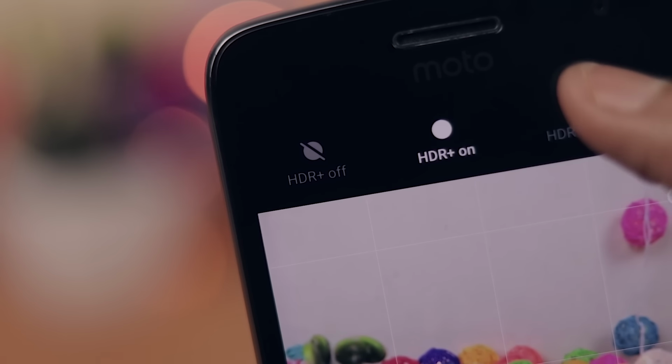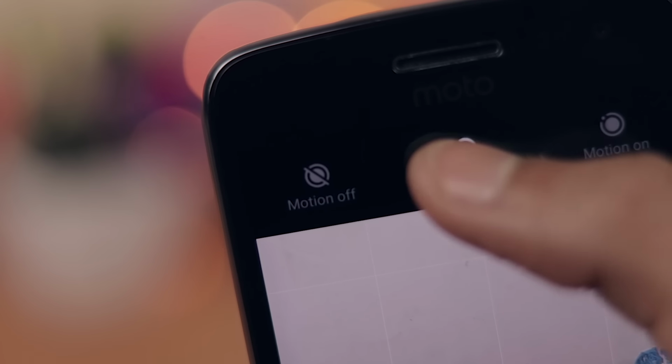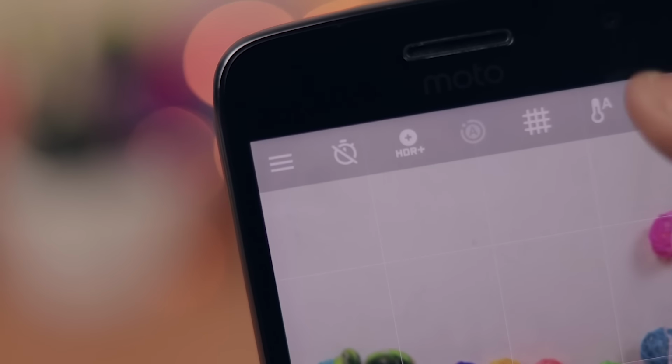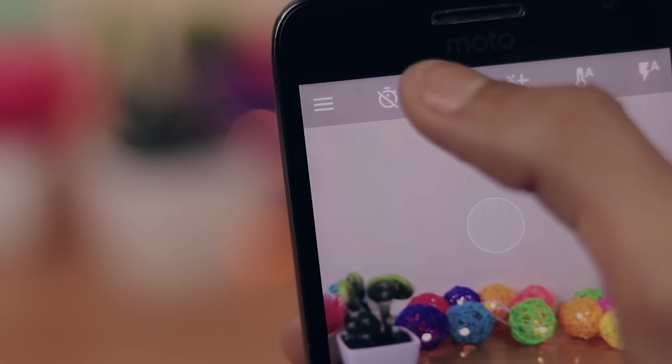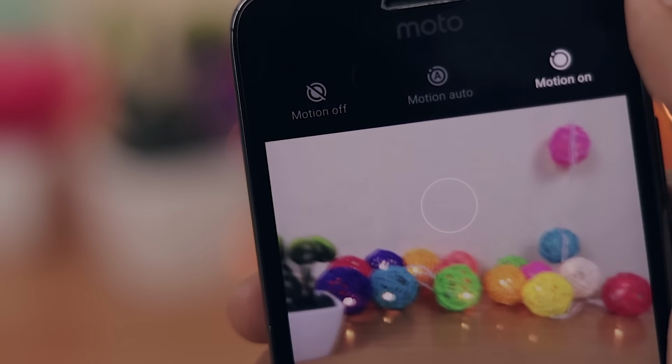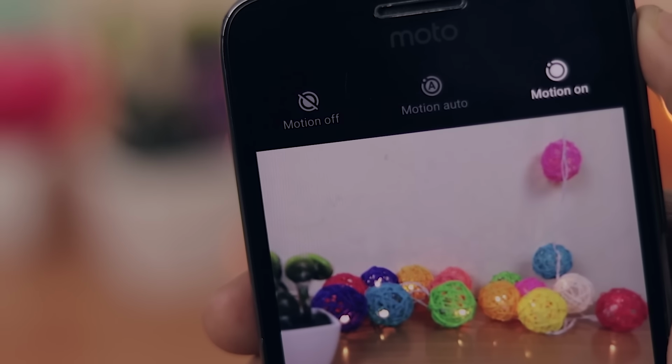After you've installed the application, you'll see that there are a lot of options on the top row. All of the features might not work on all the phones because this application is still in beta stages and the developer is still working on it. But with time, this will definitely get better. For example, the motion stills feature is not working for the Moto G5 Plus.